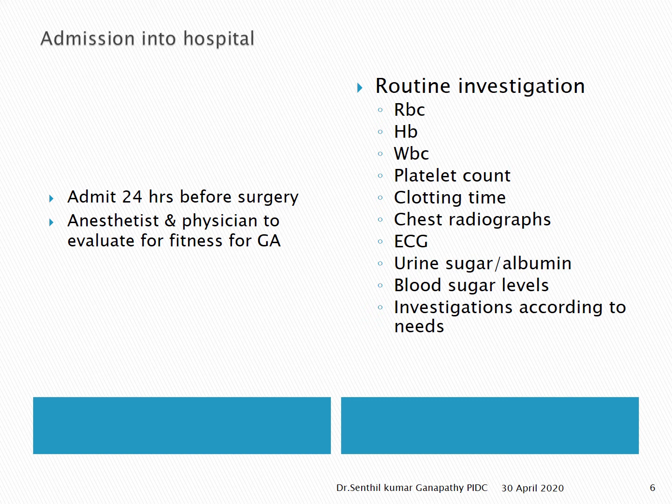And then you will also ask for serum electrolytes, sodium, potassium, chloride, etc. And then they will ask for a random blood sugar, and if the patient is a diabetic, you might ask for HbA1c, glycosylated hemoglobin, and then urea, creatinine, and HIV, HBsAg, that is hepatitis B surface antigen, and chest X-ray. So these are the baseline investigations normally required by an anesthetist for assessment of a patient who is going for a procedure under GA.